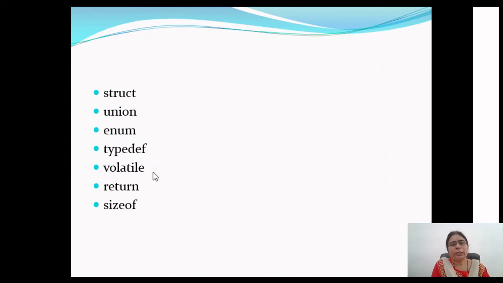Next keyword is volatile. This is a qualifier used to represent that the value of the variable may change from external sources also. Generally, whenever we declare a variable and use it, the value of the variable is changed by us only, by the program in which we have declared the variable. We try to manipulate the value and then get the functionality done. But sometimes there are some global variables, global with respect to the system. Those variables are associated with the system, so other programs can also change the value of those variables.